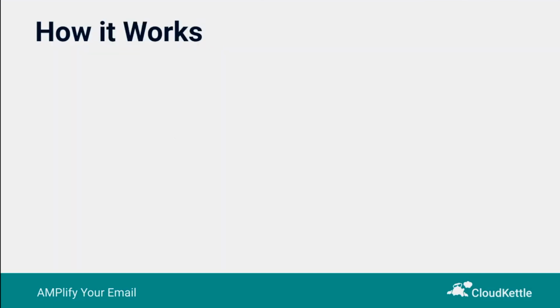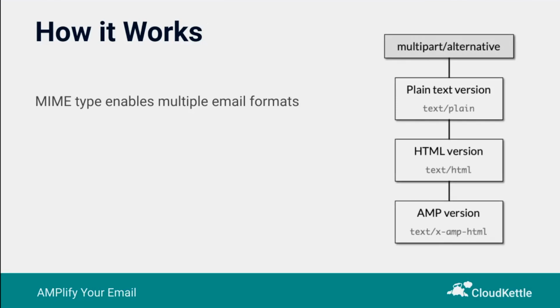Let me now explain how email clients are able to display AMP emails. Now, the vast majority of emails sent today use the Multipurpose Internet Mail Extensions, or MIME standard, which, among other purposes, provides support for multiple parts of transferring both HTML and plain text formats in a single email. An AMP for email includes an additional AMP HTML MIME part within the multi-part alternative MIME tree, as we see on the right-hand side here.